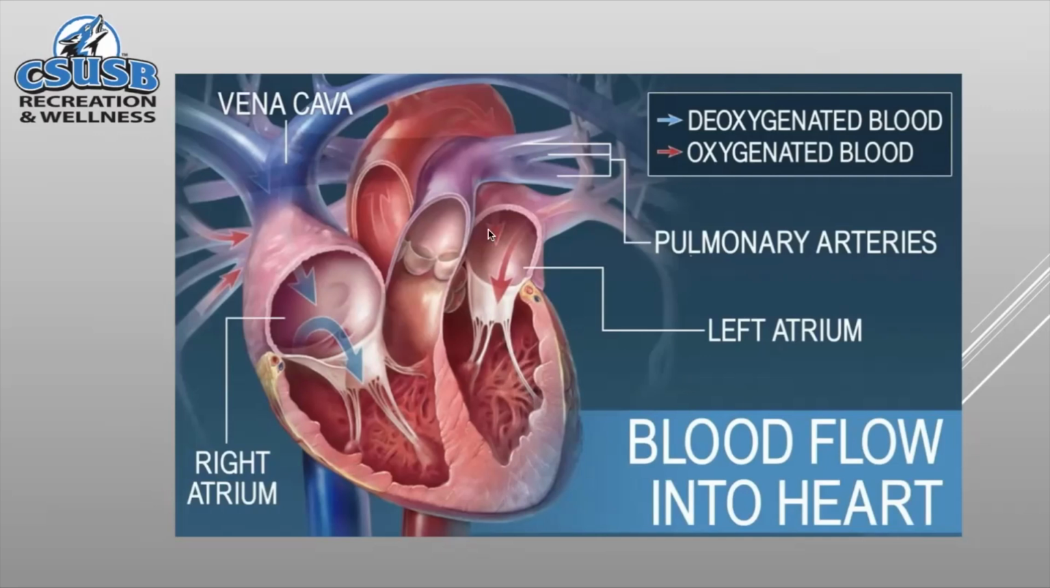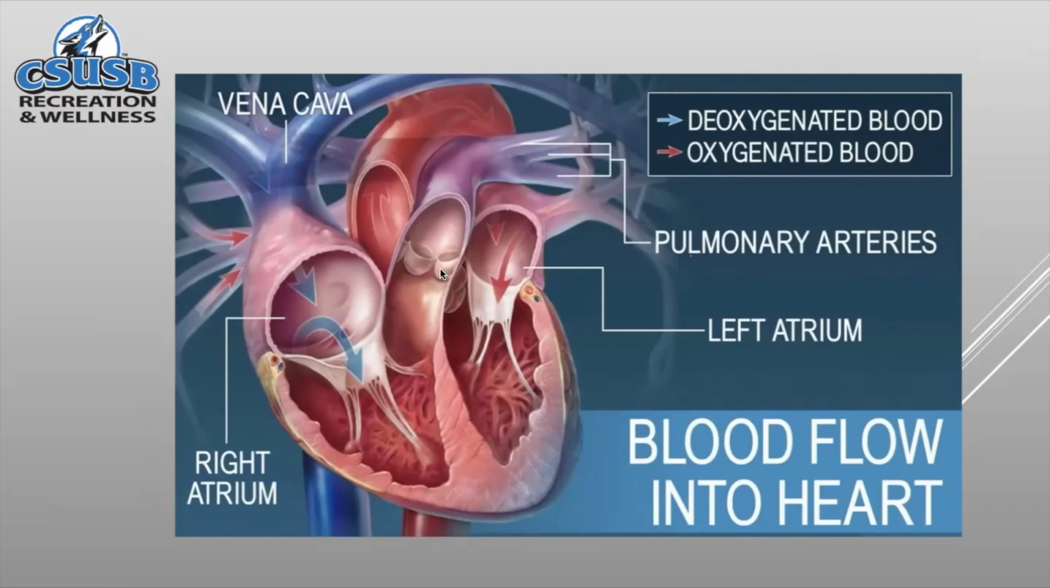You can see right here we have our vena cava. This is the superior, and then we have our inferior vena cava, right? So deoxygenated blood is going to come in through those veins into the right atrium. From there, it'll go into the right ventricle, which is right here below. And then from there, it'll go out the pulmonary artery where it'll be dispersed to the left and right lung,